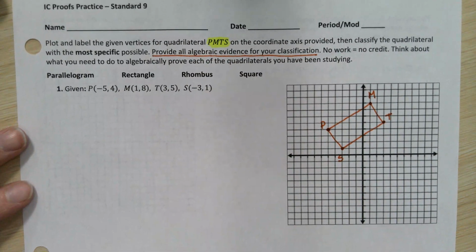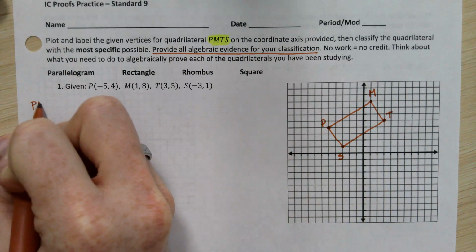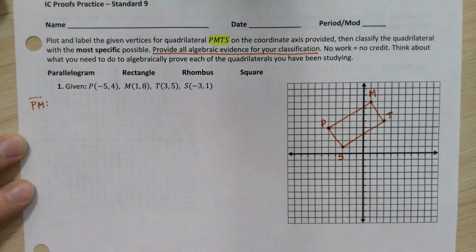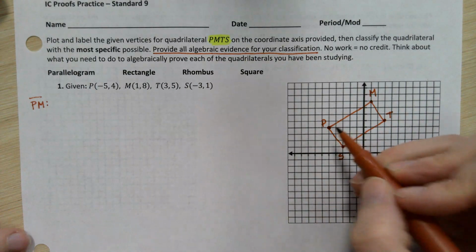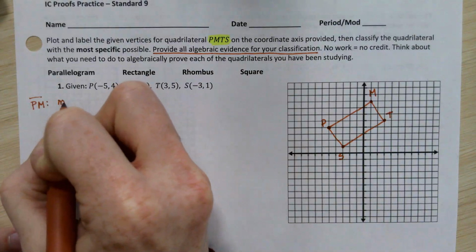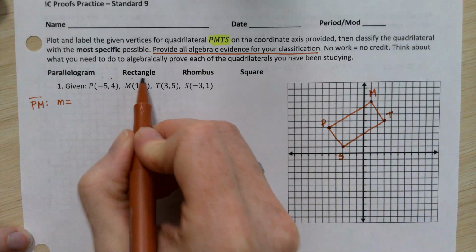So I'm going to be very specific in the way that I'm showing my work. This work matches for every single one of these proofs. It's just a matter of how you use those values that you find to make your conclusion. So just like with standard 8, we're going to start by thinking about our slopes. And I'm going to focus on opposite sides because showing that the shape is a parallelogram is always our first priority. So starting with segment PM, you can find your slope using the slope formula with x1, y1, x2, y2,